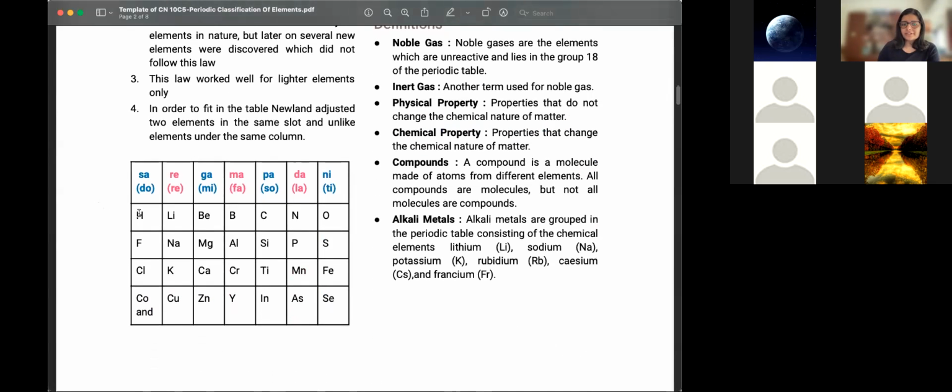So he started arranging, starting with hydrogen. Tabhi noble gases were not discovered yet. So hydrogen ke baad lithium, beryllium, boron, carbon, nitrogen, oxygen. And then the eighth element, the eighth note repeated back again. And then he observed that if you look at it,